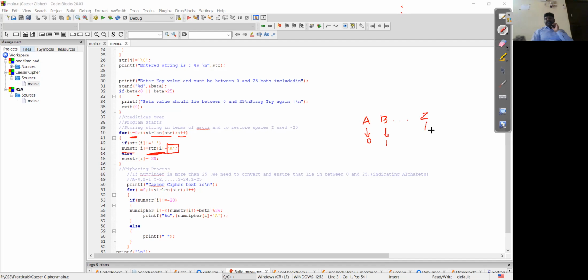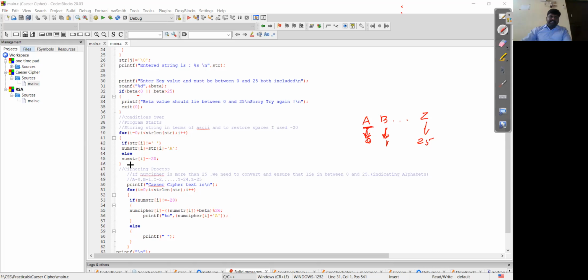Can you get my point? I'm going to map the actual ASCII values. I'm ignoring the actual ASCII value of A. From whatever value I'm going to consider, the ASCII value of A is subtracted, so that A is mapped to 0 and capital B is mapped to 1, till capital Z which is mapped to numerical 25. For that, whatever ASCII value is mentioned, I'm going to subtract A's ASCII value.